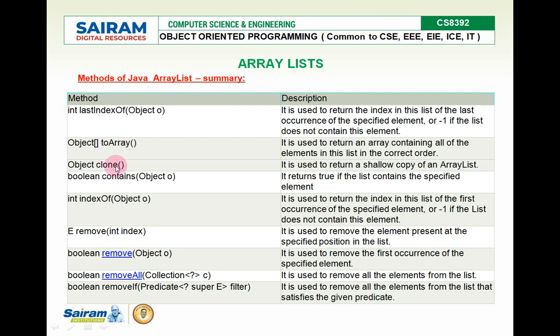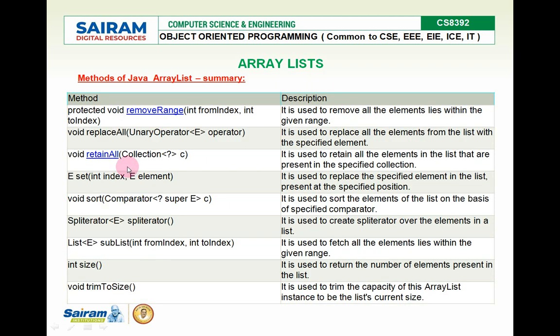Clone we already know, right? In the cloning topic I told you, object cloning is used in array list. So cloning is creating a copy of the objects. Similarly, here with array list elements, for example, we have one element, a second element can be created by the clone method. So that is what is called object clone. The description is given here: it is used to return a shallow copy of an array list. We know about shallow and deep copy: only references will be there in a shallow copy. Remaining elements can be copied as they are. That is the shallow copy.